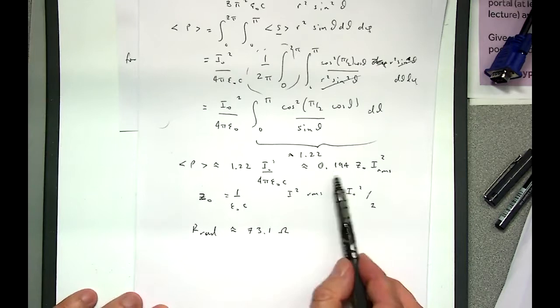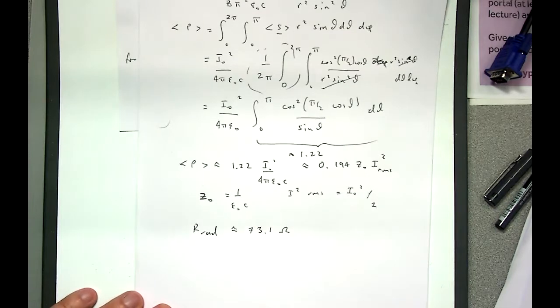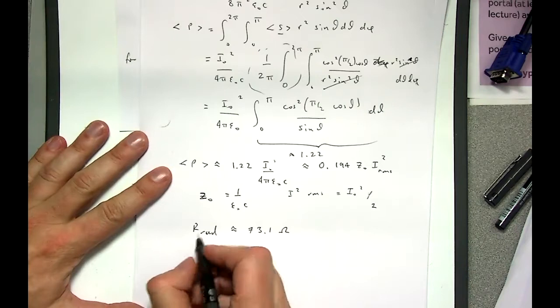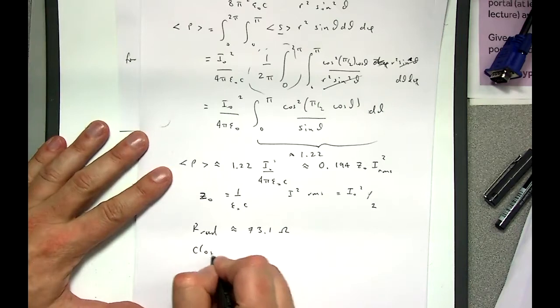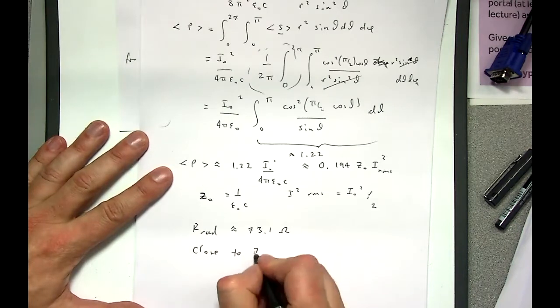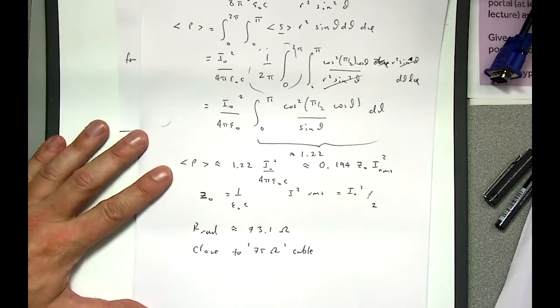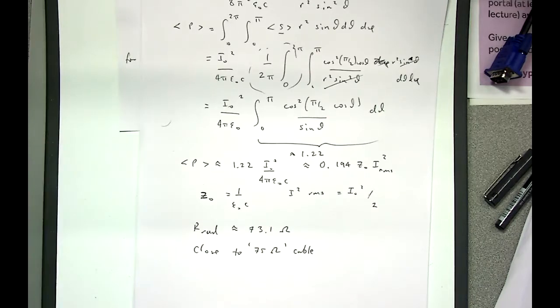Because 0.194 Z0 is about 73. Okay? So if I have a real half-wave antenna, remember I have to connect it to a power supply. You're probably already aware of impedance matching. Okay? So 73 ohms is fairly close to a standard 75 ohm cable. You're probably aware that cables come in different impedances, and we'll look again at those a bit later when we